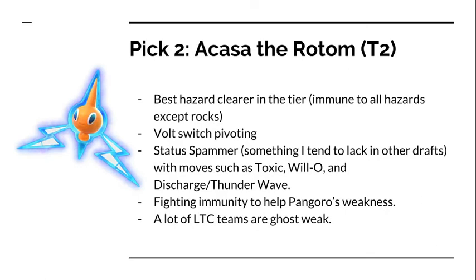Alright, so the next thing I picked up was Rotom. I didn't actually like Rotom Wash in OWL, but I do think that in the LTC setting, Rotom is going to be a lot more effective as a hazard clear. And the fact is, yes, it doesn't really have a lot of versatility, but I do think that in a low tier format, things like Specs and Scarf are a lot more viable than they would be in a higher tier league. So I think it's really nice, and I did sort of look at the hazard clears in the second tier, and Rotom seemed to be the best for me because it's immune to all hazards,